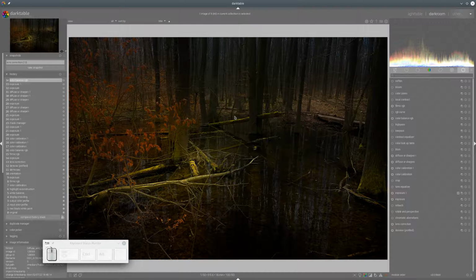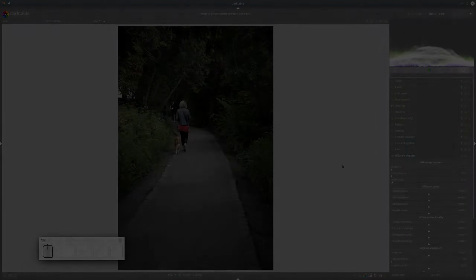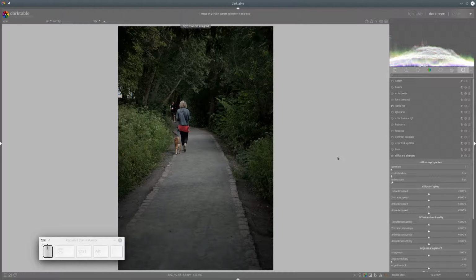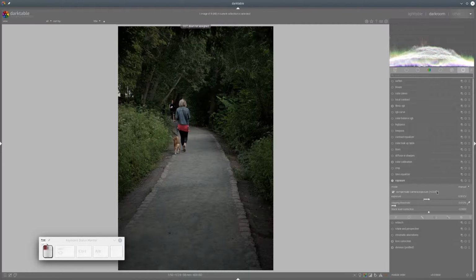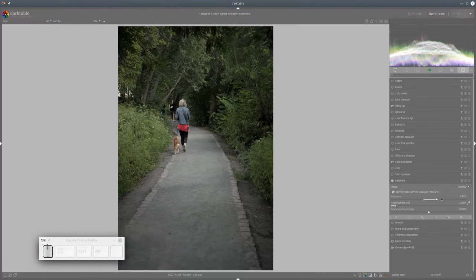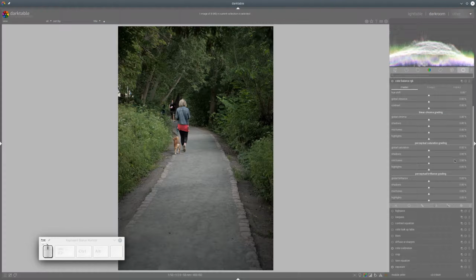Okay, let's try another one. Okay, on this one we will also use diffuse and sharpen module for diffusing, and I would like to calm down a little bit the texture of the foliage around our woman, and I would like to brighten a little bit that area. So we can use now denoising, lens correction, exposure a little bit, something like that, and go maybe a tiny bit of our